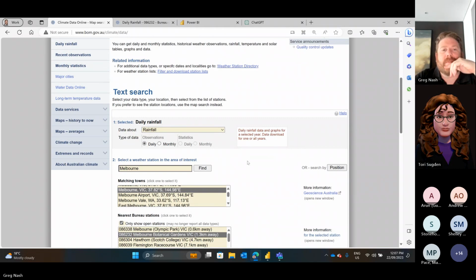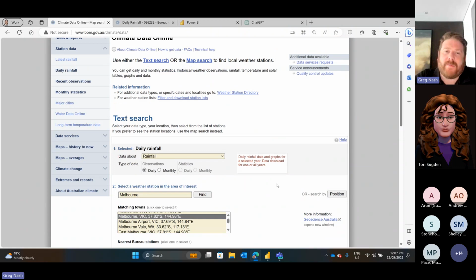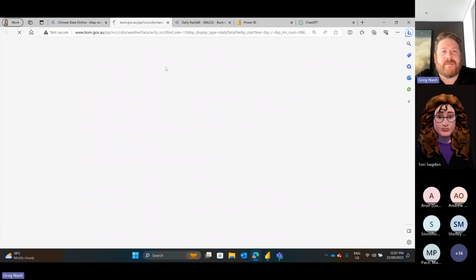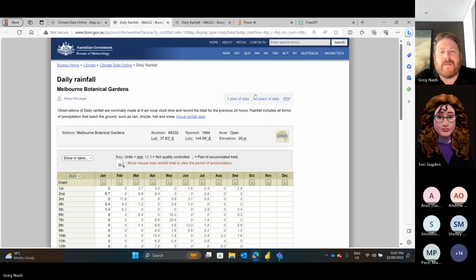So we need to be able to get the data from here. Now, I was playing around with this a little bit earlier because I remember last time I did this, I thought, so I can get the data for a single station, which is this one. And then there's this all years of data link here. And then if I copy this link and we have a look at it,